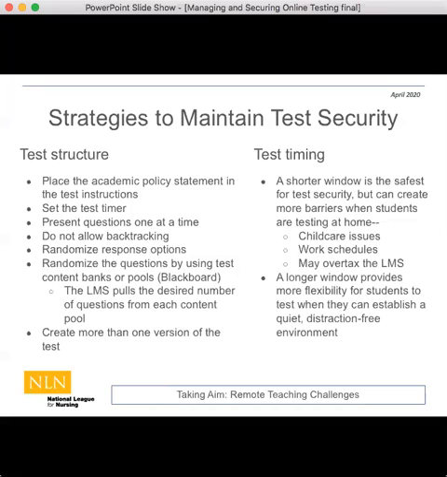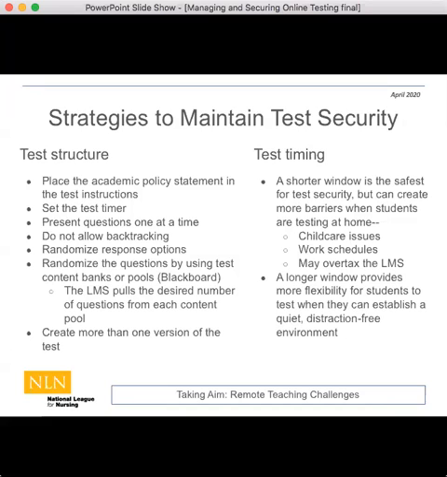The other thing that I've done is, and I tell the students all of this up front, that there will be no backtracking. I hate to do that, but I don't want the students going back and forth and accessing the questions more than once because of testing security. So I've blocked that. The other thing I've done is randomize the response options. I've still kept the questions themselves in content blocks, but the choices for each question are randomized. And that provides a little bit of security as well.